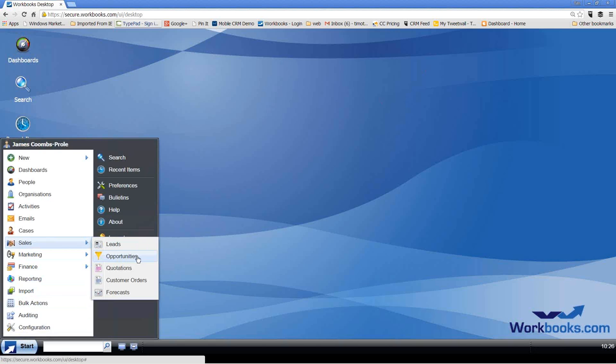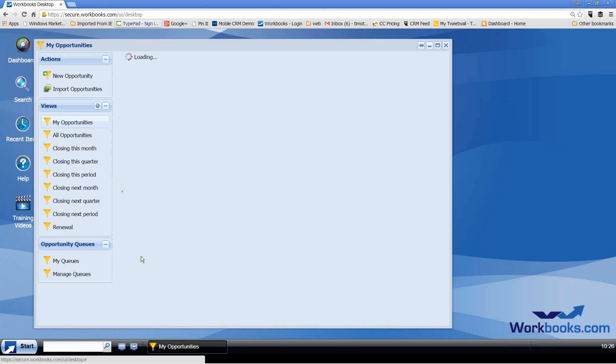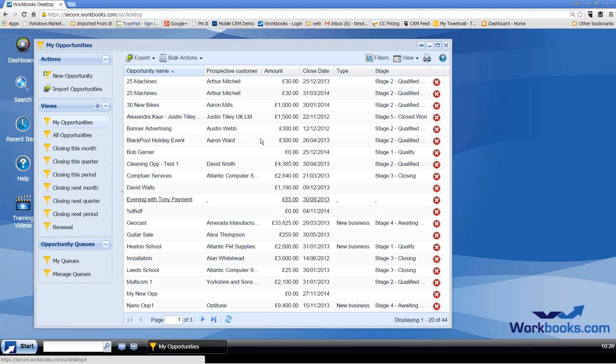If you want to see all of your outstanding sales, well, from that start menu up to sales and then over to opportunities here. There we are on one screen, all of the jobs up and coming, and we can sort that list by value, by probability, by stage, by close date, and we can put things into different lists as well.